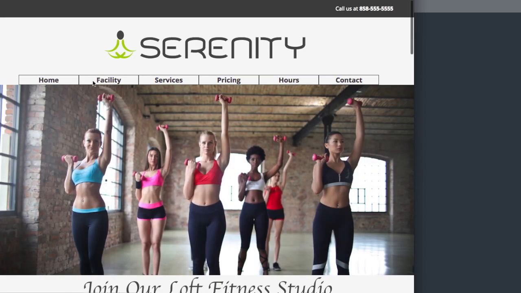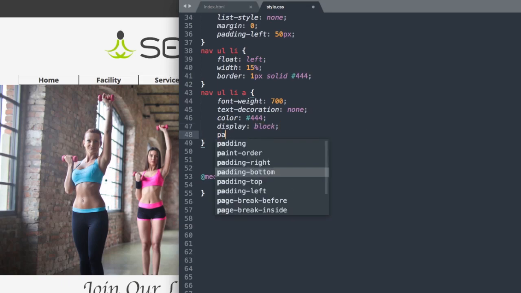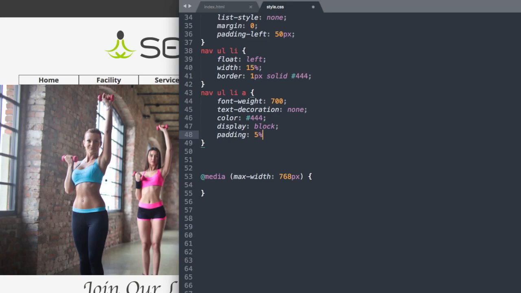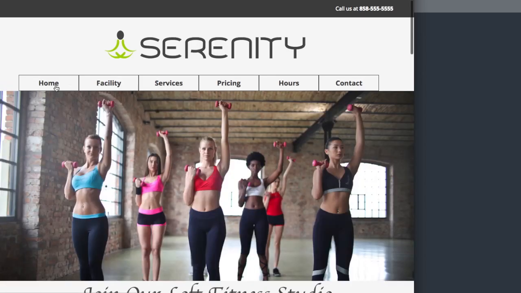All right. And then to add the spacing, we'll say display block. And then we can add the padding. So padding 5% top bottom, 12% left right. Okay, good. So now it's looking just like the original, except for we don't have the style when we hover over it,